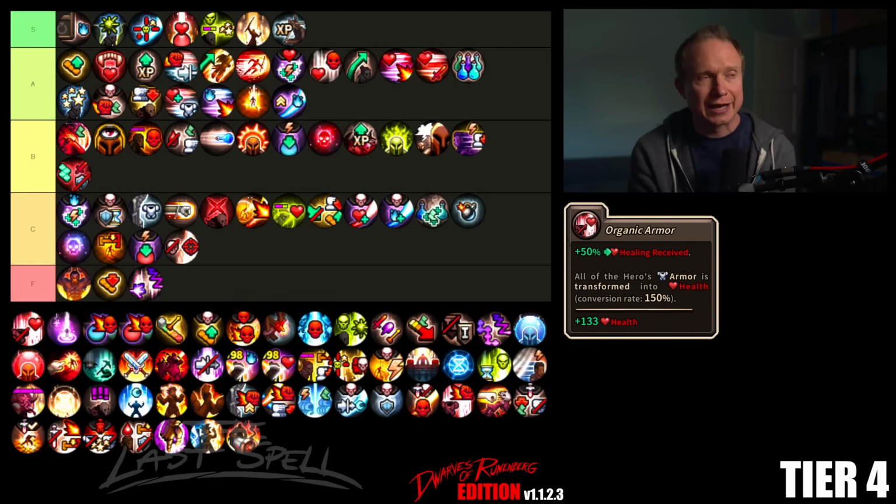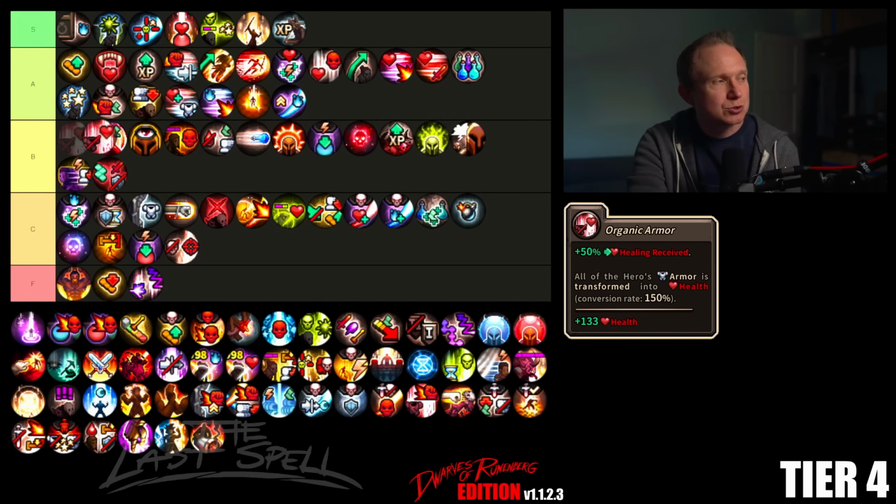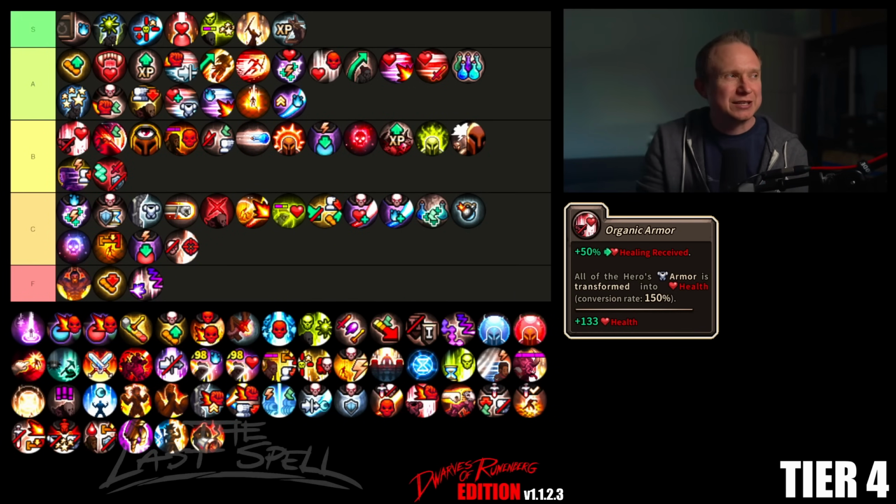And so to that end, in the world of thickness, sanguine fuel, bodybuilder, organic armor, etc., it works. It's good, but it does come with a non-zero downside. And so to that end, I think I put it in like B tier as like not...